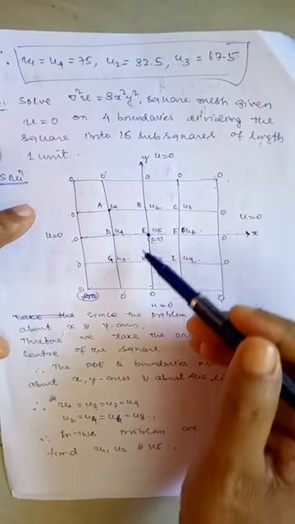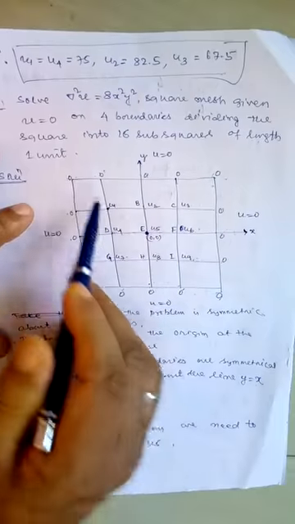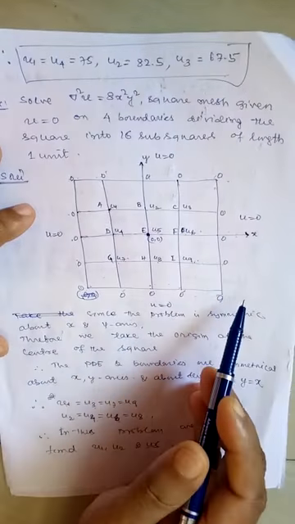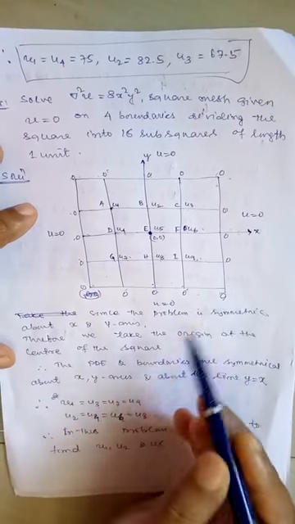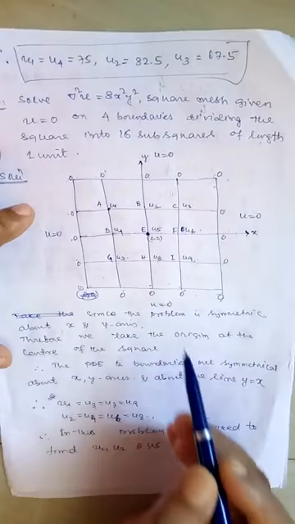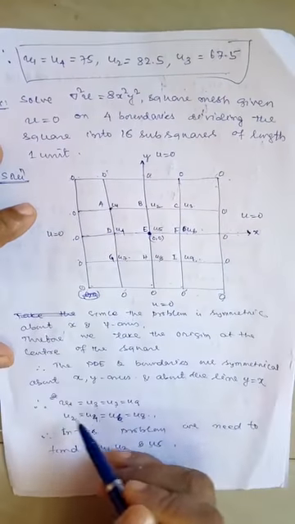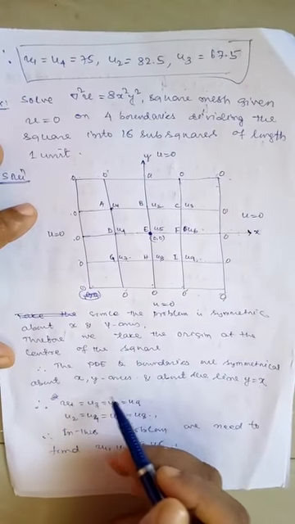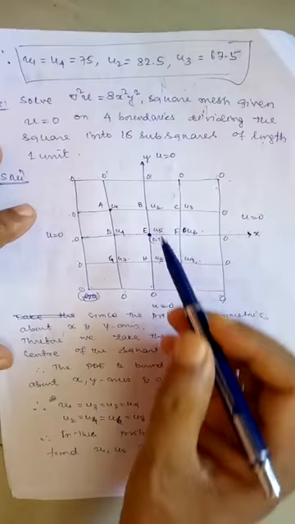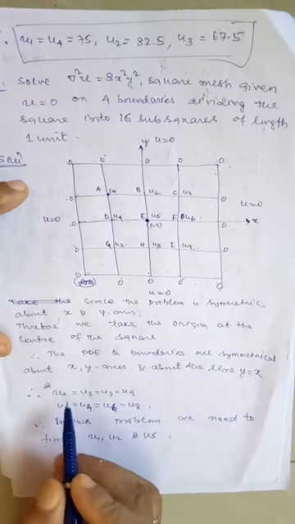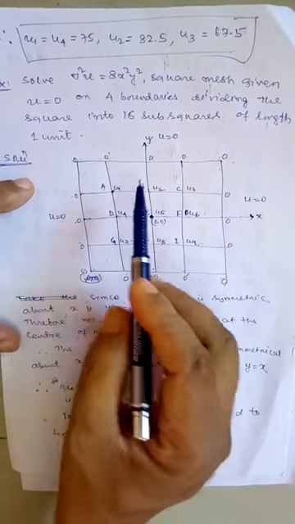Again if I consider the line y equal to x, and if I see the corresponding boundary conditions, the boundary conditions are identical. Therefore this problem is a symmetric problem. The PDE is symmetric about the xy axes as well as the line y equal to x. So as a result we will have the relation.